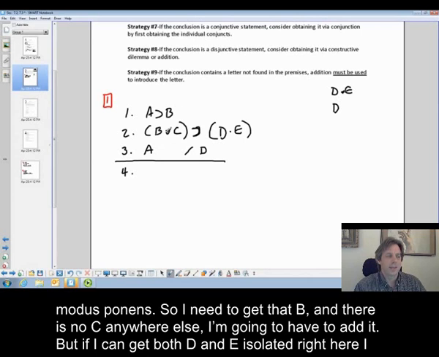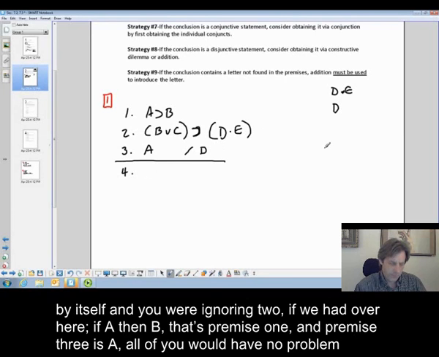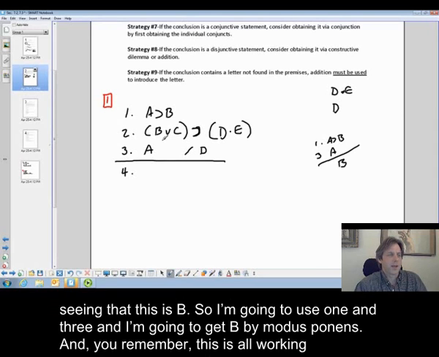So I know I need to get that B, and there is no C anywhere else. I'm going to have to add it, okay? But if I can get both D and E isolated right here, I can get the D. So just follow me, and this is one of those things, like I said, the light bulb has to turn on. So look at 1 and 3. If we had these all by itself and you were ignoring 2, if we had over here, if A, then B, that's premise 1, and premise 3 is A, all of you would have no problem seeing that this is B, okay? So I'm going to use 1 and 3, and I'm going to get B by modus ponens,